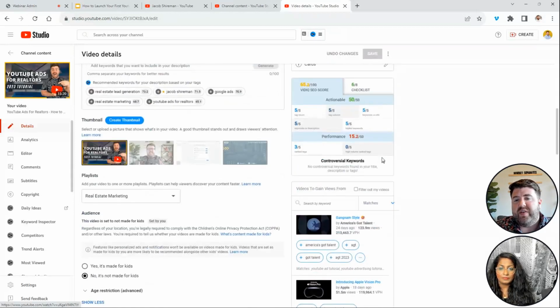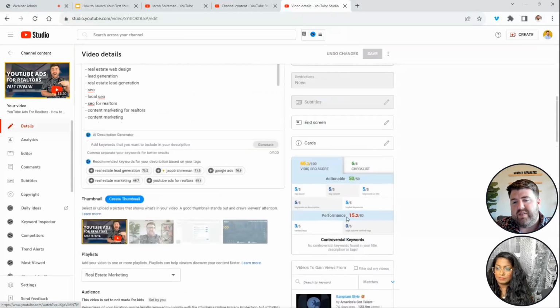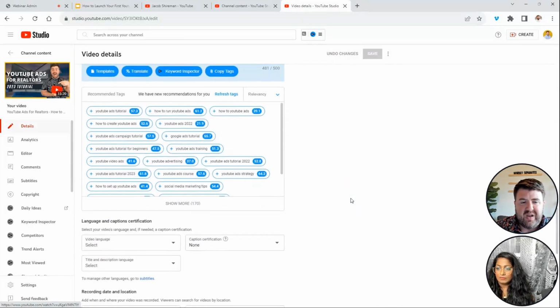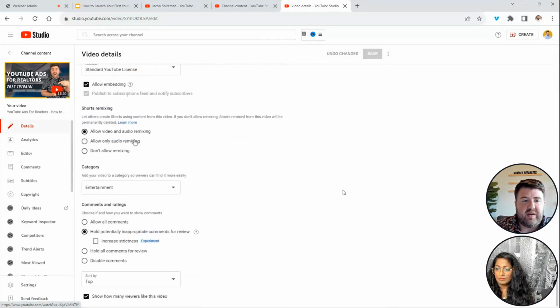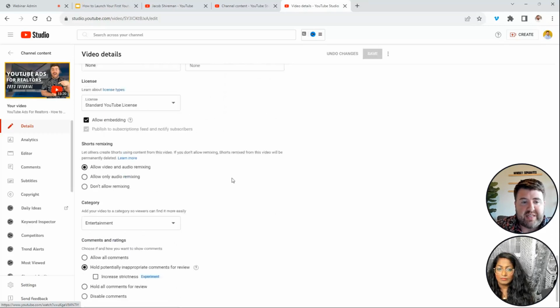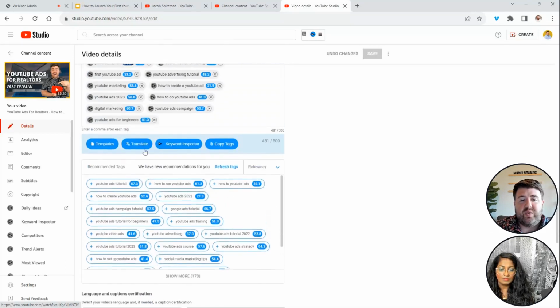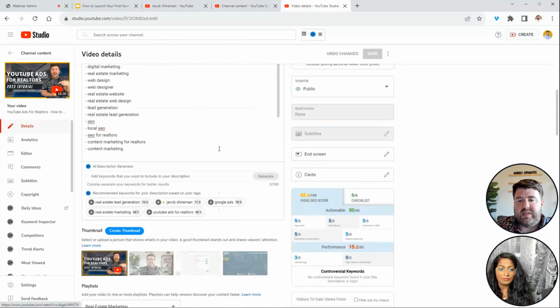So, and then if you're using vidIQ, you'll see all the SEO stuff here to kind of let you know how you're doing. And some of it is good. Just take it kind of with a grain of salt. You don't have to worry about getting it perfect. And then that's pretty much the only areas you need to focus on when you're adding those details.